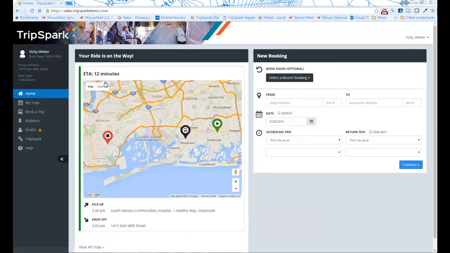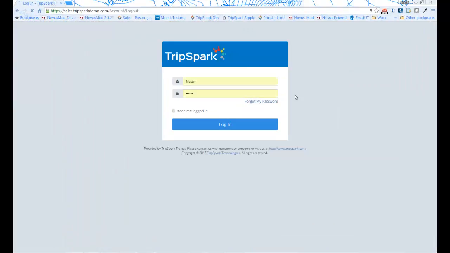Okay, so this is a passenger looking at their own transportation. We also have what's called the delegates module. And the delegates module is where family members, caseworkers, facilities, or funding sources can log in and manage transportation on behalf of the passenger. So I may have a dialysis center where they want to be able to log in